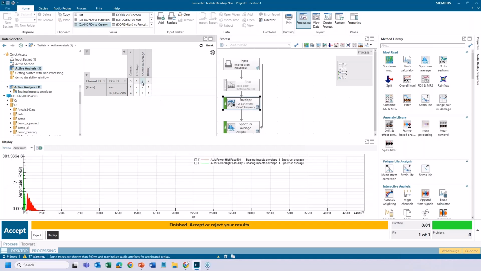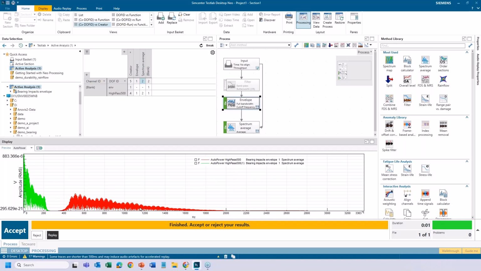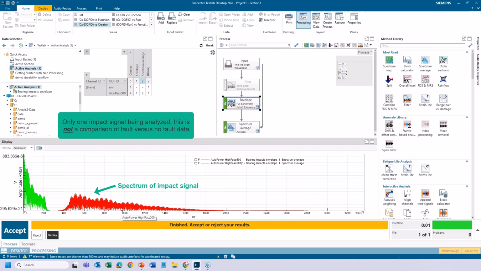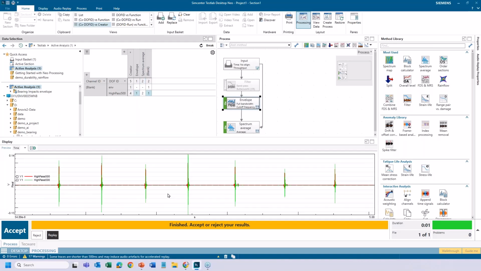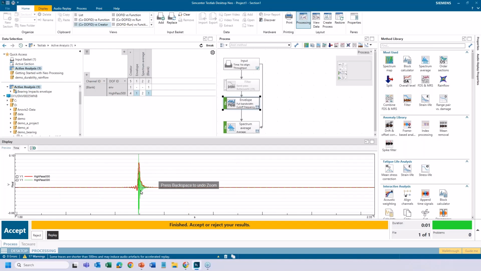If I look at the spectral content of these two signals, I got a red signal here and a green signal here. And that is the FFT of the original impacts. They're all very high frequency events, 400 up to 2000 hertz. The FFT of the envelope is in green, and you can see it has lower frequency content. Do you see that, Steph? Yeah. Again, the envelope has lower frequency content than the original signal.